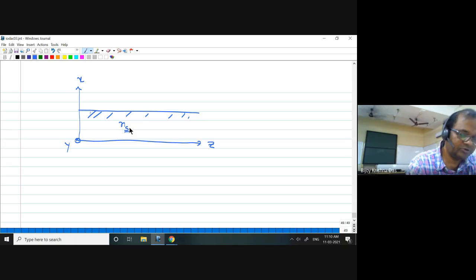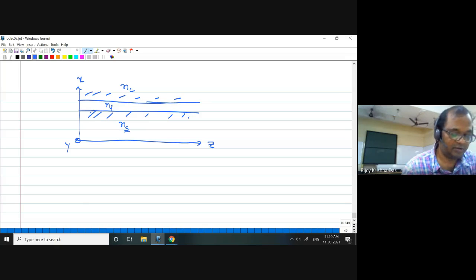That's why we consider NS in general. Most textbooks, when they use Maxwell's equations to understand optical waveguides, use this type of symbol. Okay, and then there is a core material, this is your core, that is called NF. F stands for film, thin film. That is the core region we can consider here. And then on the top, you can have another cladding material that can be considered as NC, the cover. So C for cover, F for film, and S for substrate. So this is the three material system.